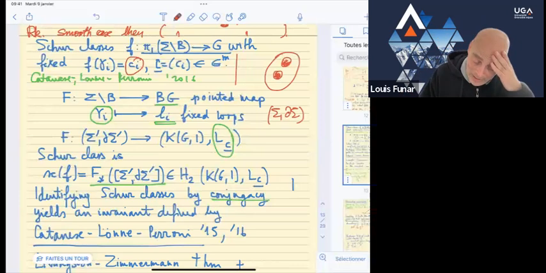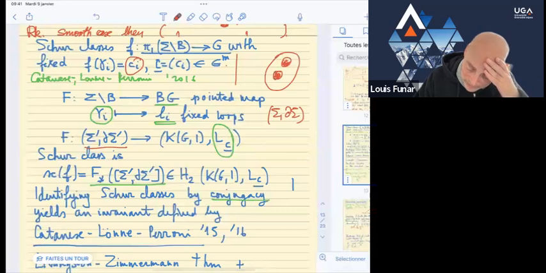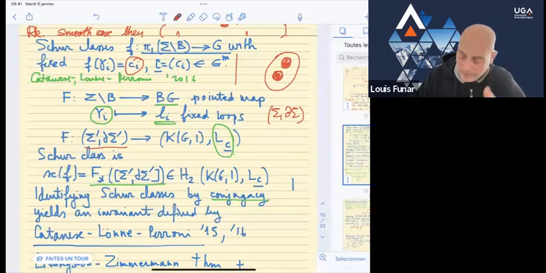So again, I'm taking the Schur class, which is the image of the fundamental class of the surface with boundary, and I'm asking that the boundary loops of this surface are sent into some fixed loops in KG1. If this is a problem because they are not embedded anymore, then there is no problem. I can take here the product with